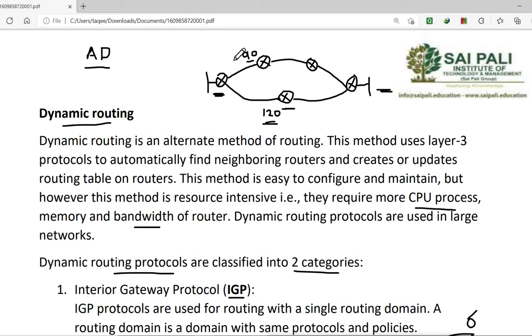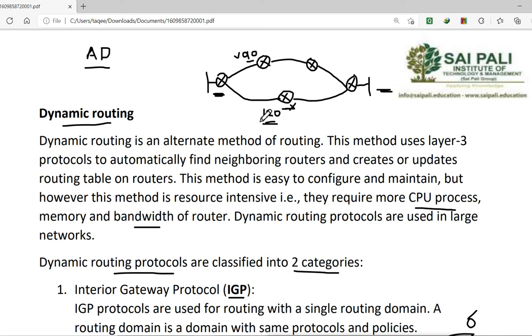It will not take that short path. It will still take this path because the AD value is 90, which is less than 120. So that is why I said the name for this is administrative distance, but it is not related to distance. It is actually related to reliability.